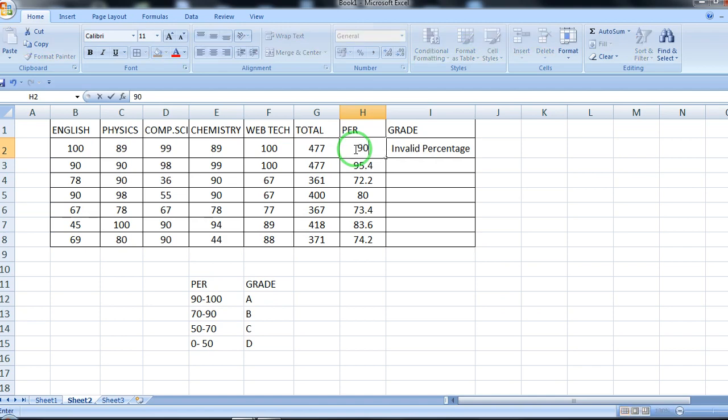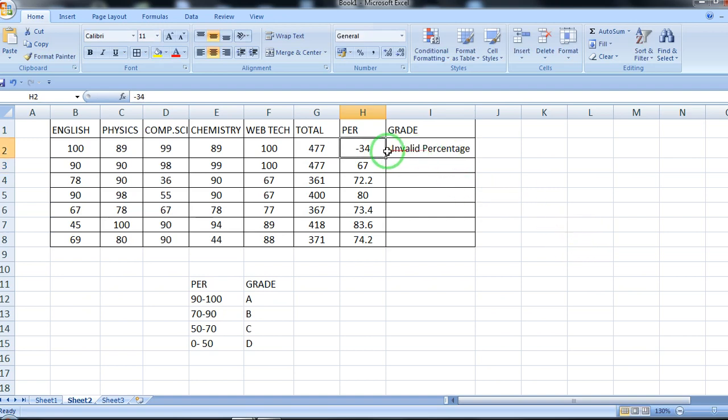If it is 99, it shows A; 78, it is B; 60, 78, B. If it is 45, it will display D. If it is 50, it will display C. And if you enter any negative value like minus 34, it will display invalid percentage.